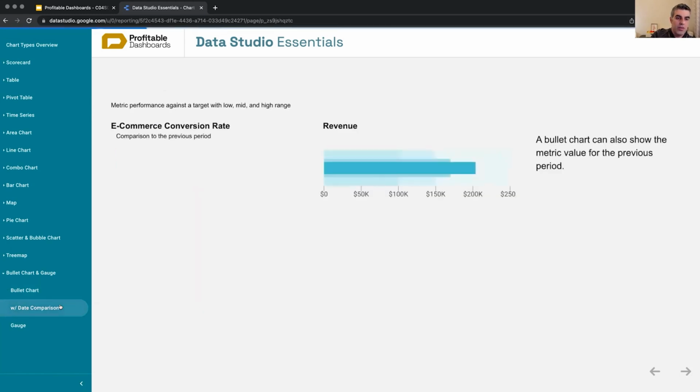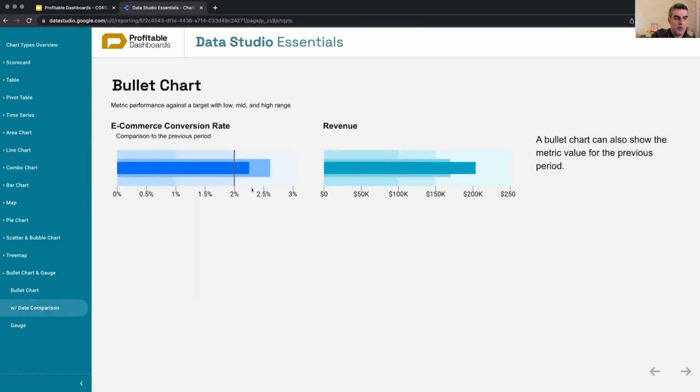We can also have date range comparison. So we can see that despite having a 2.2% e-commerce rate, which is better than the target, in the best range that we've defined, the highest range, it's still less than the comparison date period. So we're doing okay, we're still doing good, but it is going down. It is something that we can communicate if they know how to read this, because if they do not know, it can be complicated. But as soon as you know how to read it, it would be really easy to figure out that, yeah, on e-commerce conversion rate, we're doing good, we're hitting the target, but it is going down